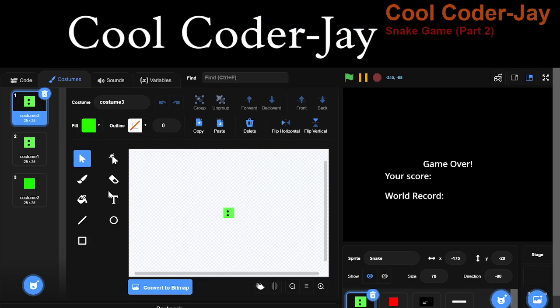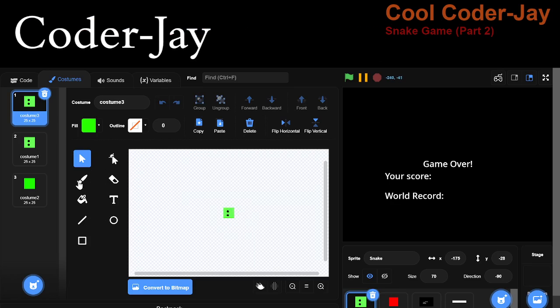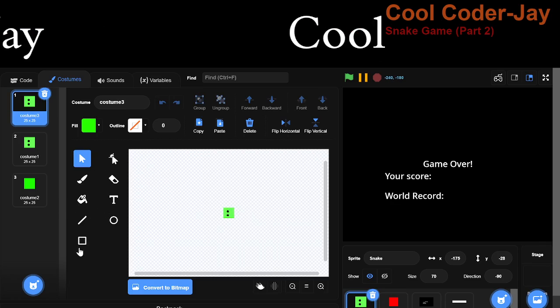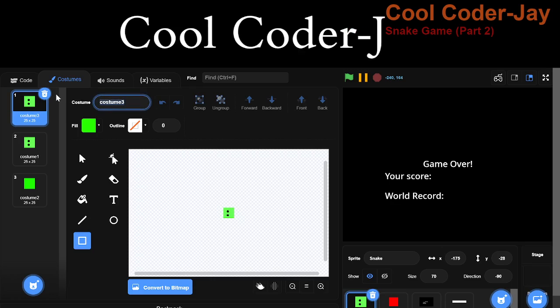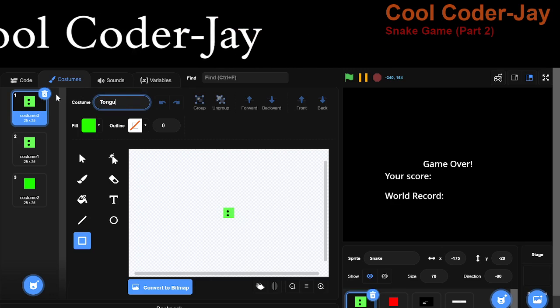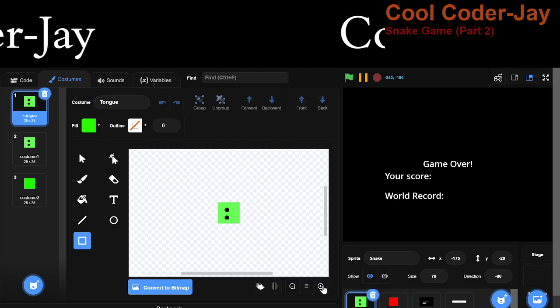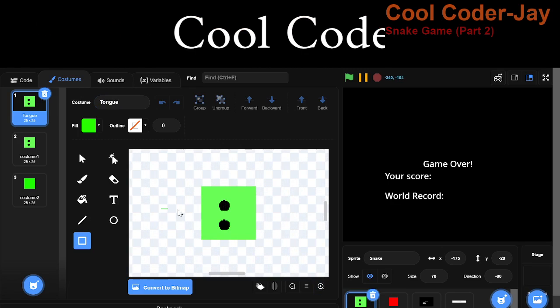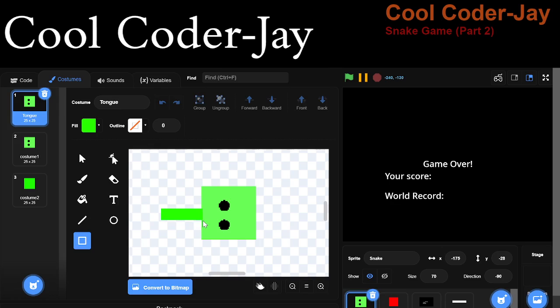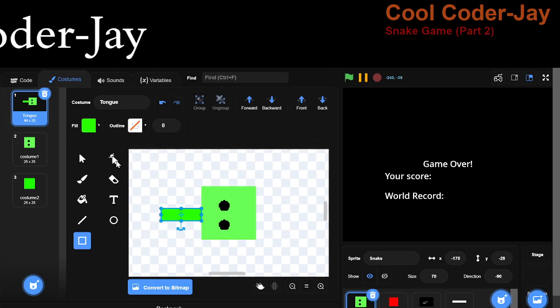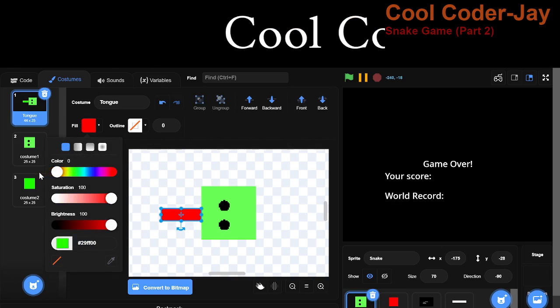Okay, so now I am going to paint a tongue here. So this costume name will be tongue. What I am going to do is draw a rectangle here, which will be red in color.